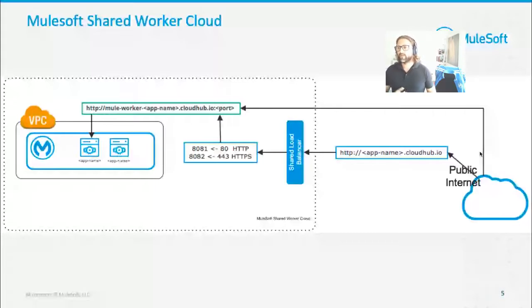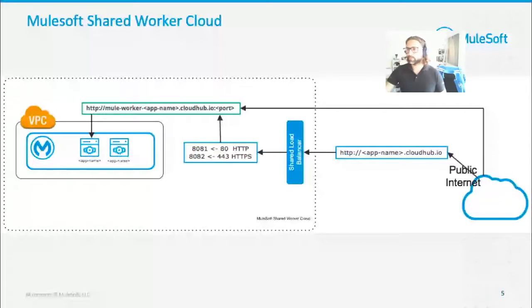When we don't have a VPC created, we can still publish our applications into these workers. So strictly speaking, you don't need a VPC to publish applications. When no VPC has been created, these workers are deployed to a global shared worker cloud, which is the public segment of the CloudHub network that corresponds to your subscriptions. In some cases, when we need to publish a group of APIs for public access, this model is just enough. But in many other cases, in the majority of them, there is a series of requirements to hosting your applications inside of a private